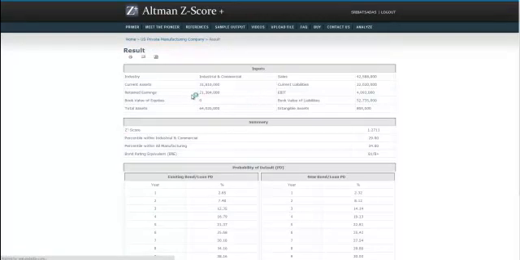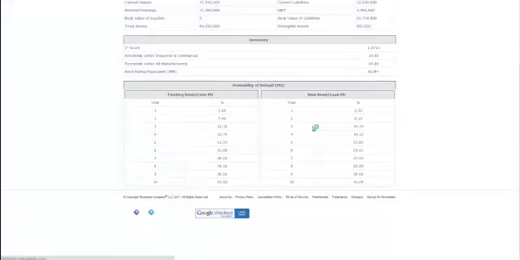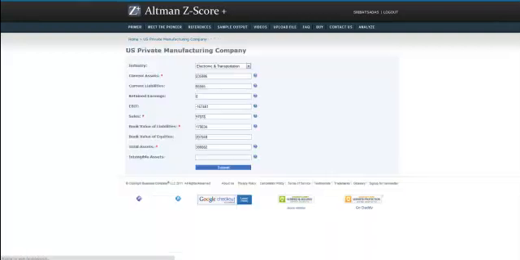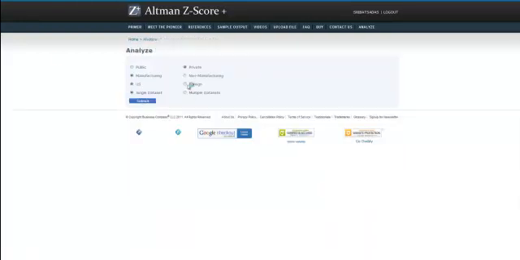So this is calculating the G prime score and presenting the percentile and the probability of default, and we can generate a printer friendly version. We can send it to anybody you like, and you can generate a PDF version. And now let us go back and take a look at a public